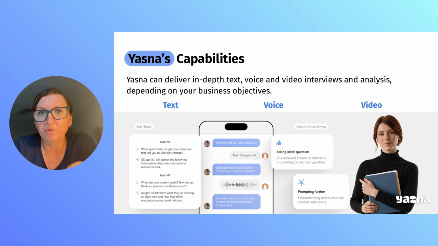Yasna is our software and research creation, so she's bridging together the best of both worlds. In terms of capabilities, Yasna can do text, voice, and video interviews, and that means that our AI agent will talk to respondents in text, and they can reply with text. She will talk in text, and the respondents can reply with voice, and then finally, respondents can reply with videos.